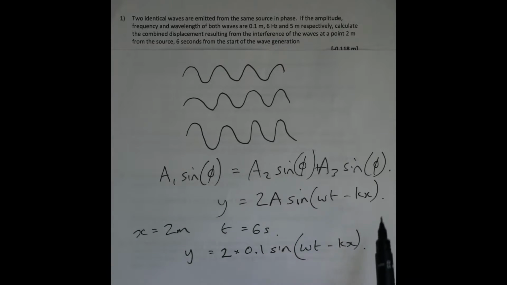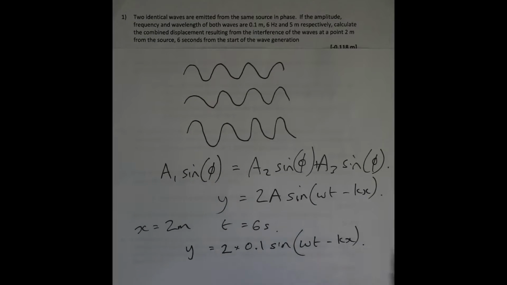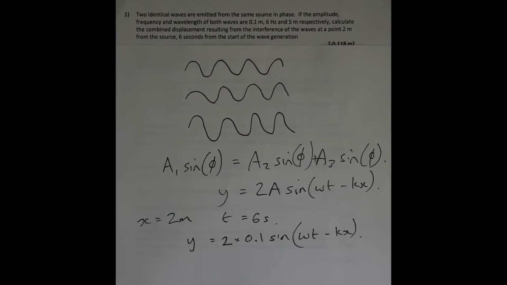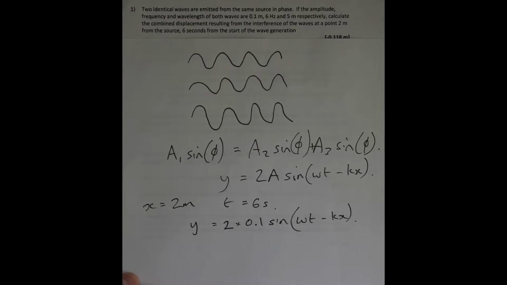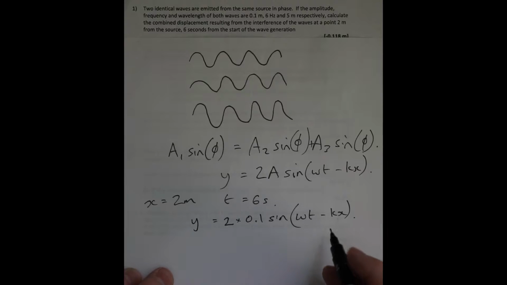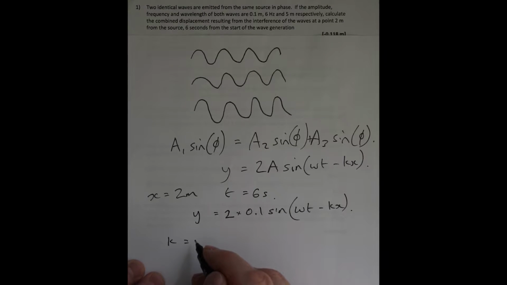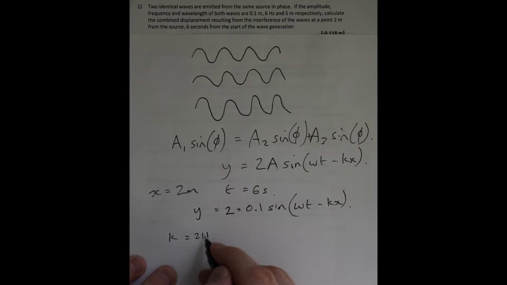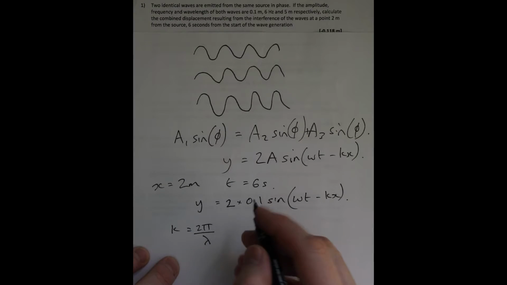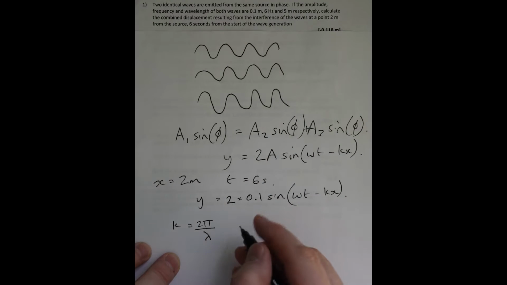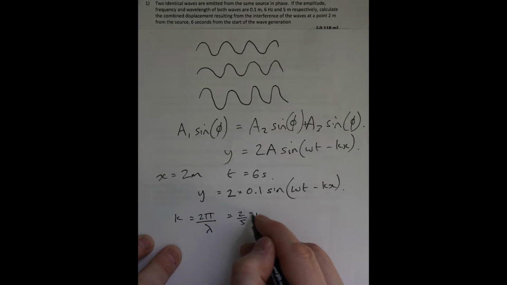What we need to do in this case is convert the frequency and the wavelength into our omega and our k values. To do that, we know that k is equal to 2 pi divided by lambda. In this case our wavelength was given as 5 meters, so that's 2 over 5 times pi,